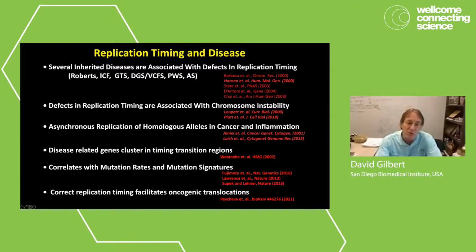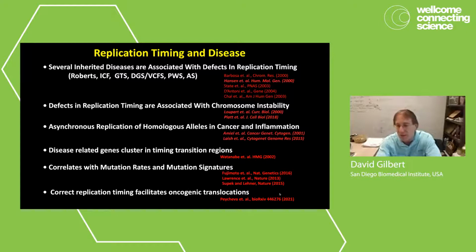And probably most of you know from cancer genomics that mutation rates and mutation signatures correlate with replication timing. For structural variation, we don't understand the mechanisms that well, but for single nucleotide polymorphisms, we now know that the mismatch repair proteins that run along behind the fork and clean things up are downregulated in the middle of S phase, so that early replicating sequences are well maintained, but late replicating sequences are mutated at a much higher frequency, and this is used to distinguish drivers and passengers in cancer genomics.